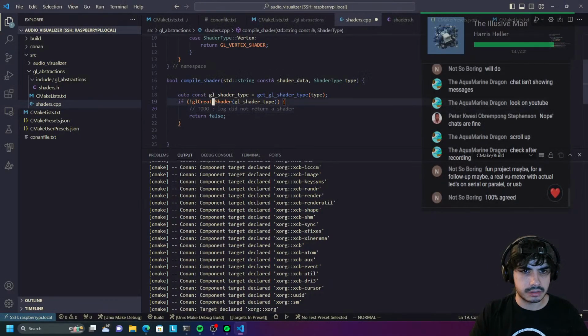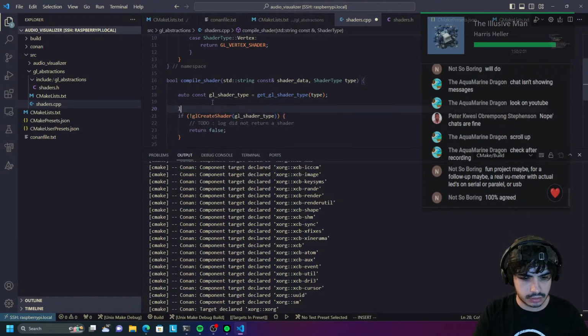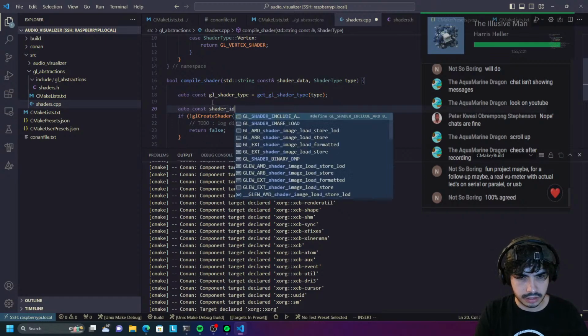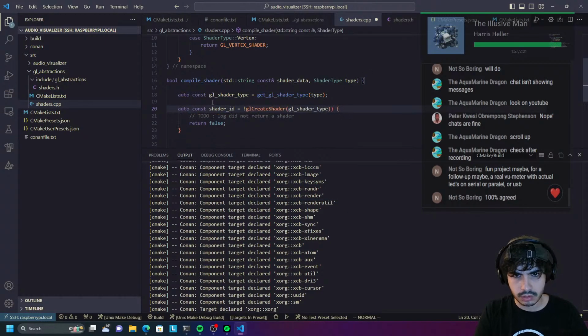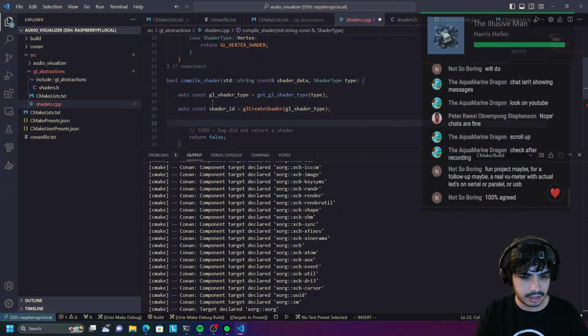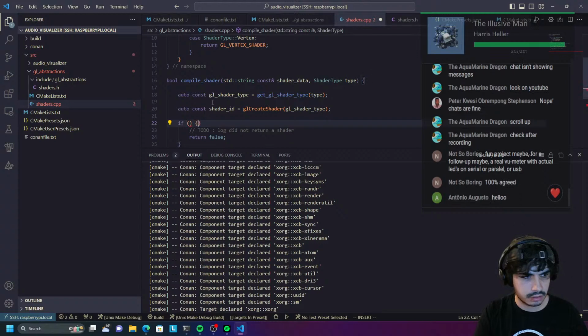So that's essentially it. So what we need to do is we actually want to store this. Auto const shader ID. That's what we want to do. And in here we can then do something like